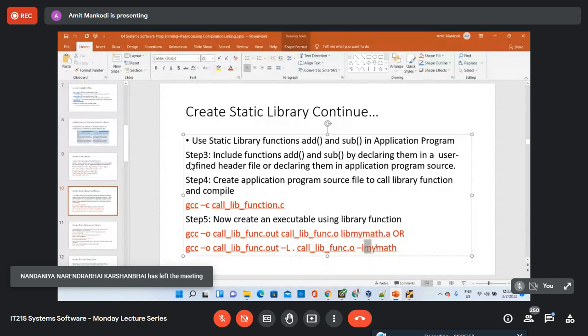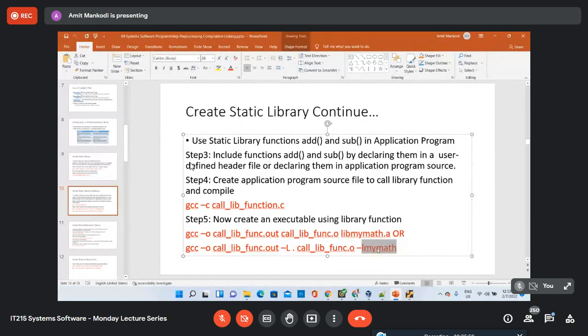Now, when you do this, by default, it looks for library files in the specified system library paths. The operating system has a set number of paths where it looks for the library file, but that does not include the current directory.